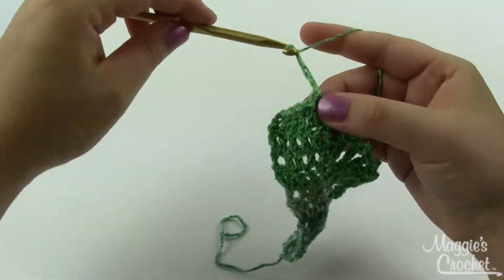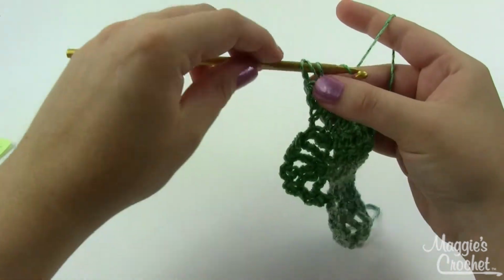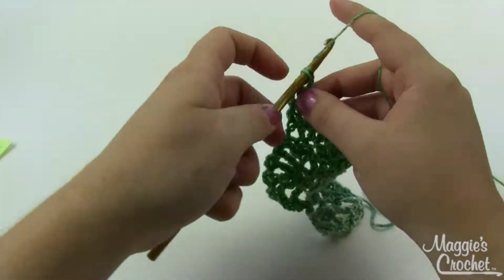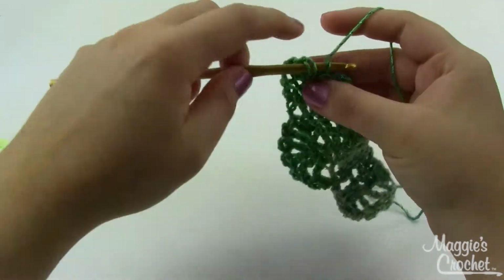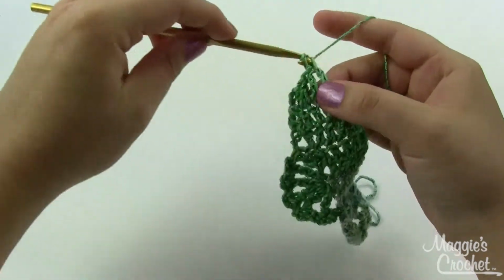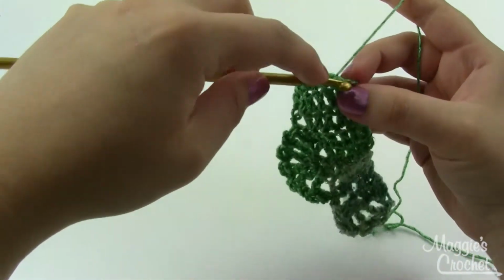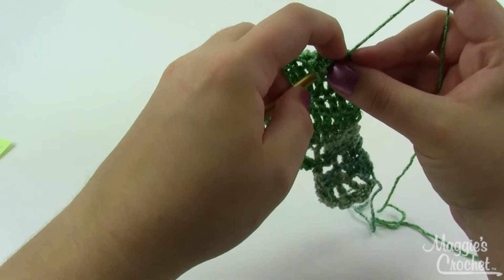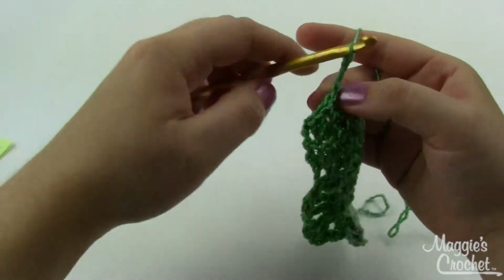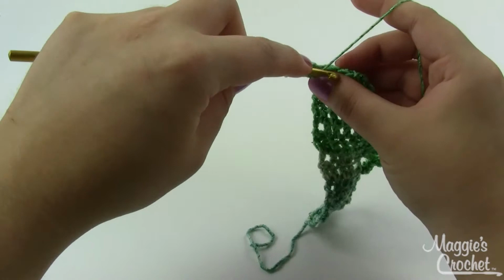Your next row is an odd numbered row. You're just going to work it even, 1 double crochet per double crochet across. And then your next row, your even numbered row, will do a decrease again at the very end. So chain 3 and turn, double crochet across, leaving the last 2 stitches,